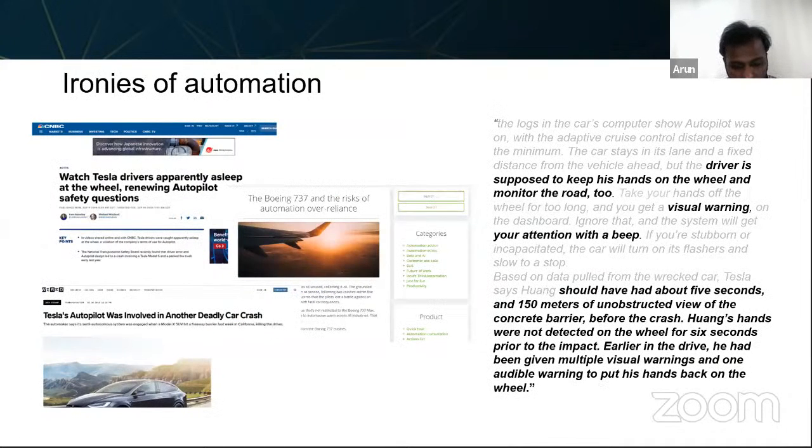The other part is, as I said, we cannot rely completely on automation. One example is already out there, which is usually termed the ironies of automation. A good example is Tesla drivers falling asleep behind the wheel when they activate the autopilot features. This is what will happen if you have these vehicles in the market, where people will enjoy those features, but in the end, they also forget that they are responsible for certain tasks. And it is quite evident.